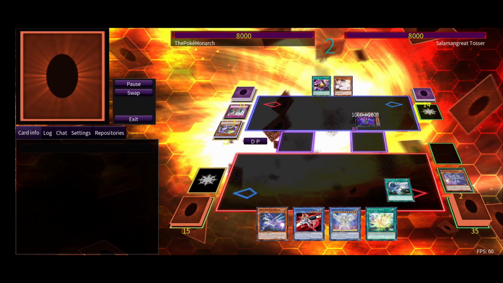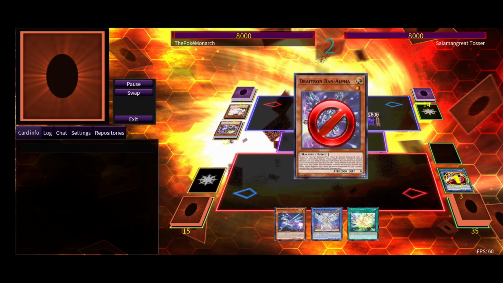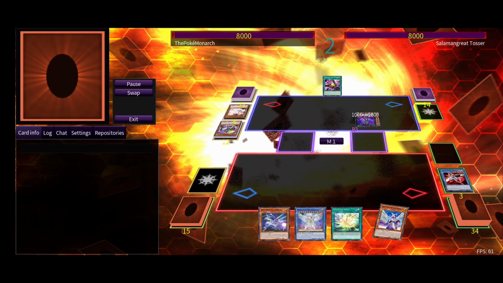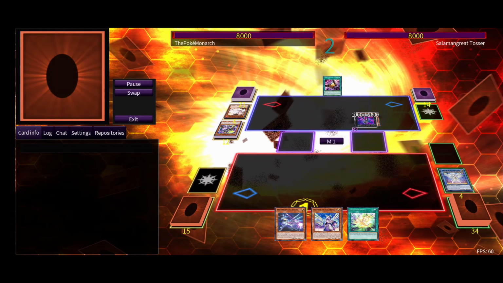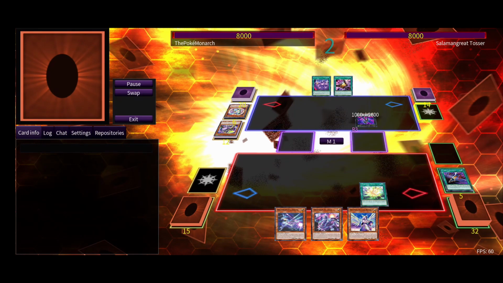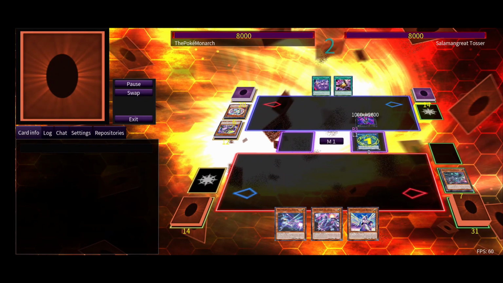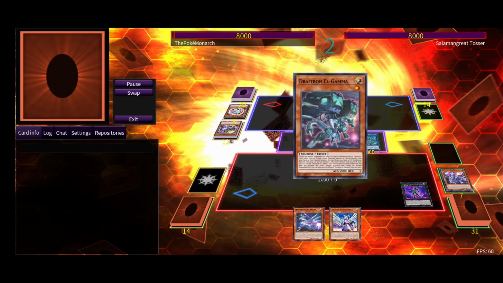They activate There Can Be Only One. We Twin Twisters both of their cards. They Ash Blossom our monster, and then we use Ben 10. We use Delta, and then he changes the effect to both players draw a card. Going into Nova to bring out Anima, and then from there